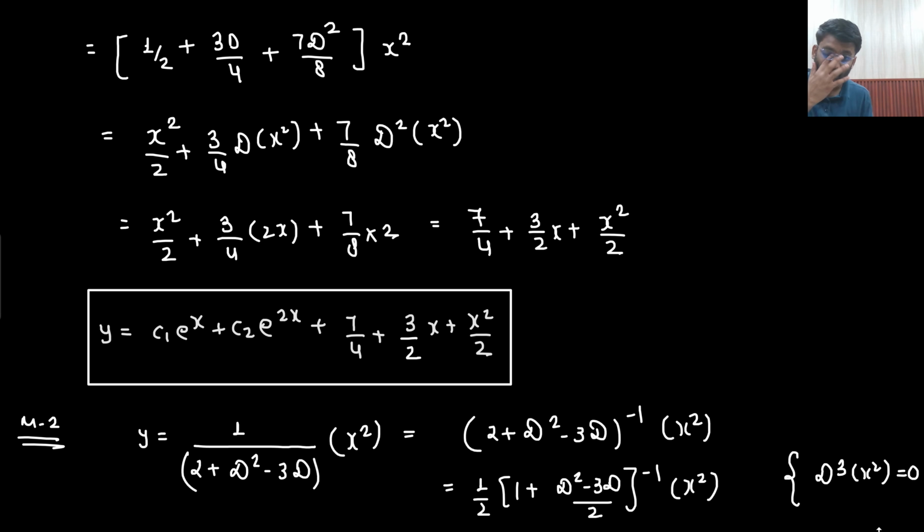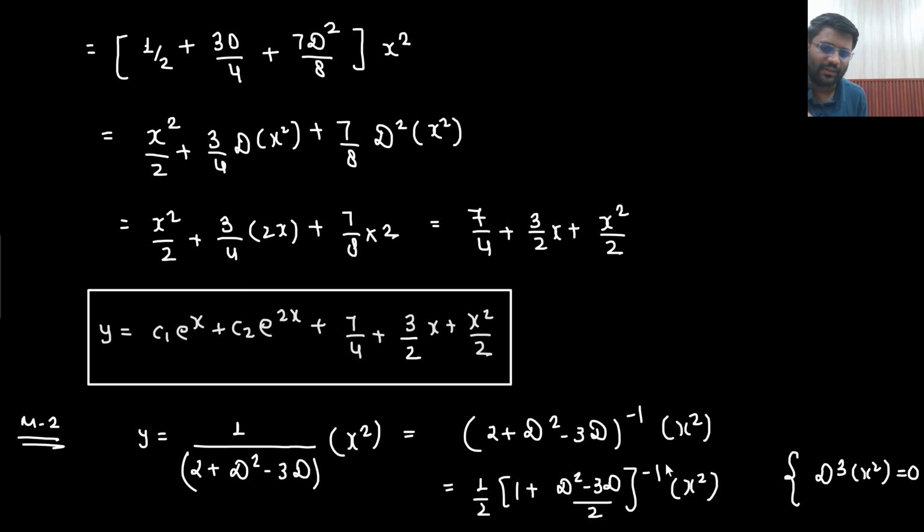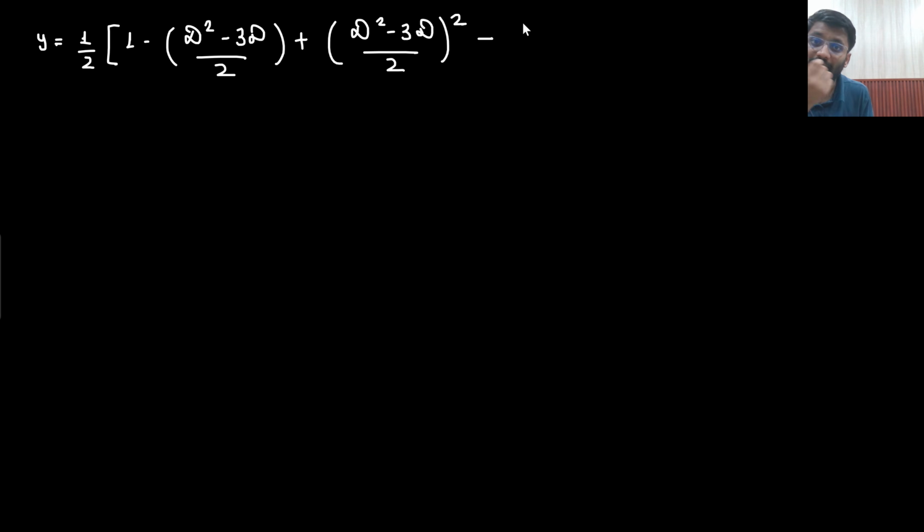Y equals 1 by 2 outside. This minus 1 you take inside. 1 minus (d square minus 3d by 2) plus (d square minus 3d by 2) whole square. Like power minus 1 is there, no, and this is plus. So 1 minus, then plus, and then again minus (d square minus 3d by 2) whole cube, and so on,